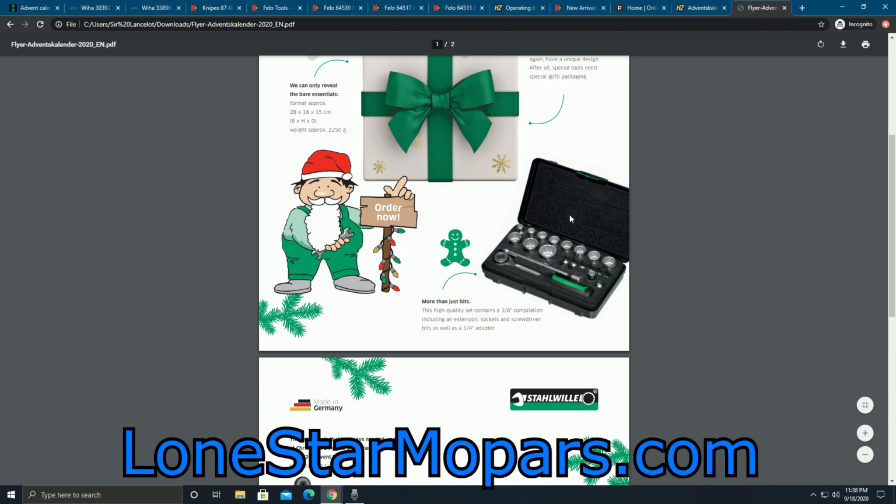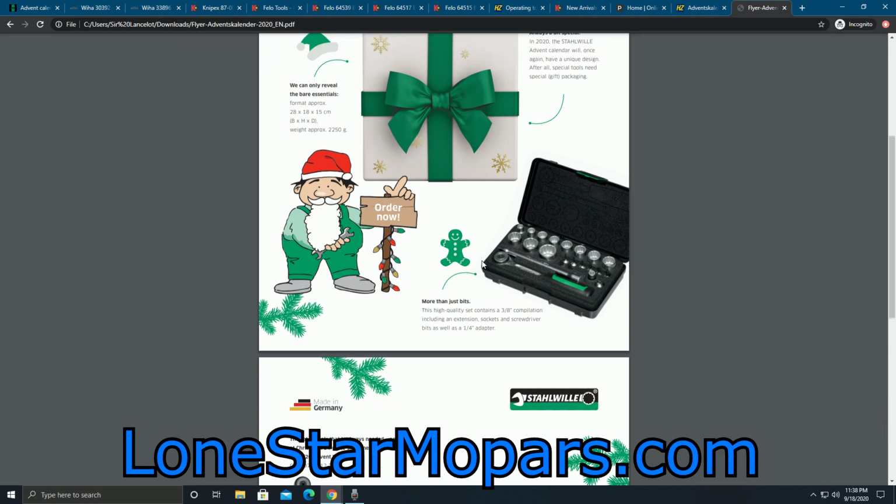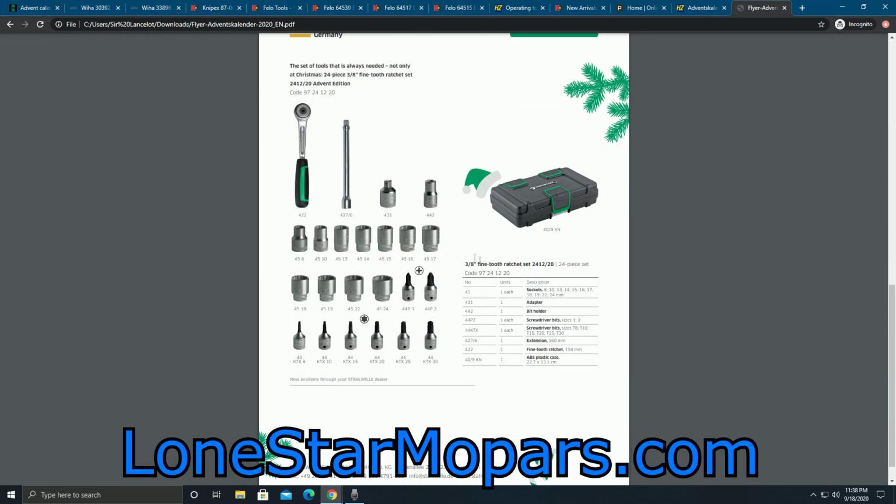Take it from there. Now the glaring weakness for anyone that is a fan of Stahlwille and likes their ratchets, which my current favorite 3/8 ratchet is the Stahlwille. The Nipros I use on the Challenger, but I've used the Stahlwille on everything. I'm weird like that. Again, having the ability to choose is just really fun. This would be one of their kind of old school designs. It would be a lower tooth count, I'm sure, but it is included,